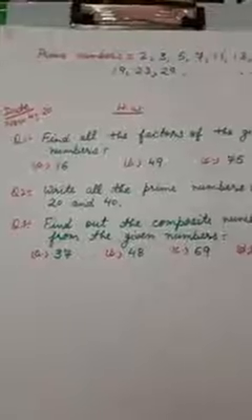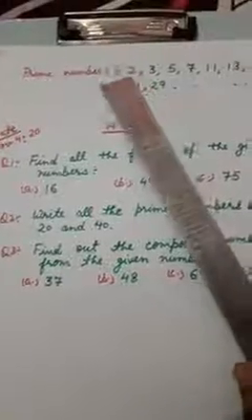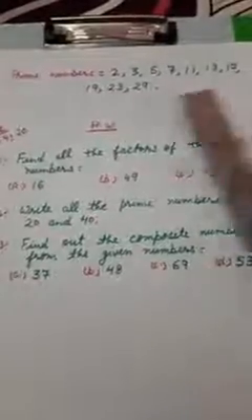You can learn some prime numbers also because they are very helpful in finding the HCF and LCM. So some numbers I have written. 2 is the smallest prime number, then 3, 5, 7, 11, 13, 17, 19, 23 and 29. These all are prime numbers. You can learn them. More are also there. I have not written them. I have written only a few for you so that you can learn these prime numbers.